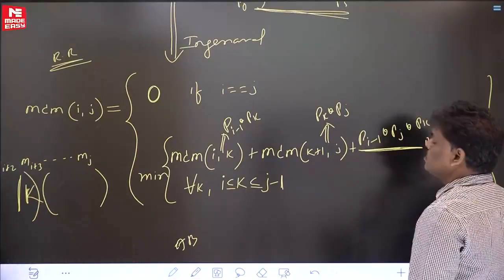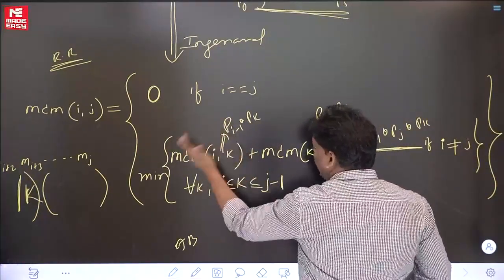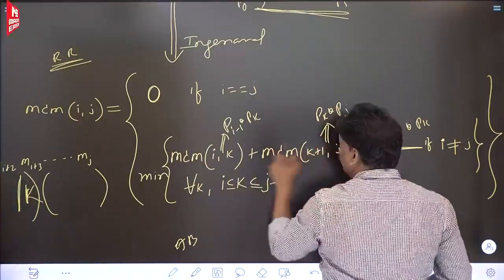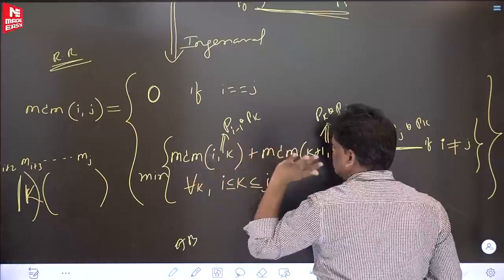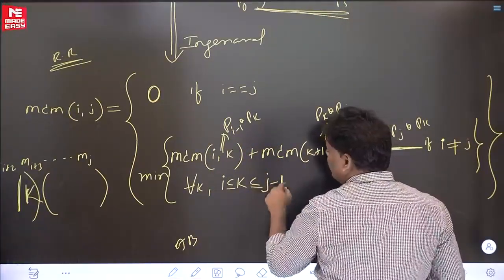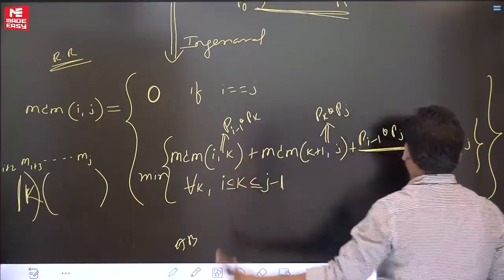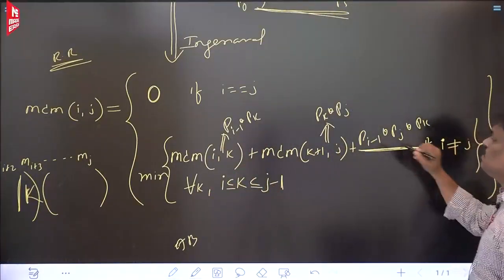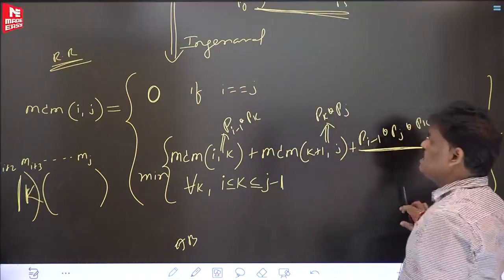Right, like this. So divide the i to j matrices into two parts. How? i to k, k plus 1 to j. What is the k? Because of dynamic programming, all possibilities. But the only thing is, k value cannot be j, k value should be less than j. K value from i, less than j. If i is not equal to j, this is the story. If i is equal to j, this is the story. So this is the recurrence relation.